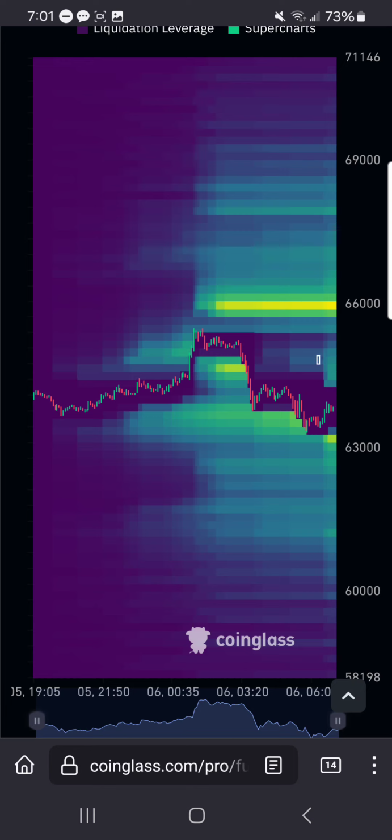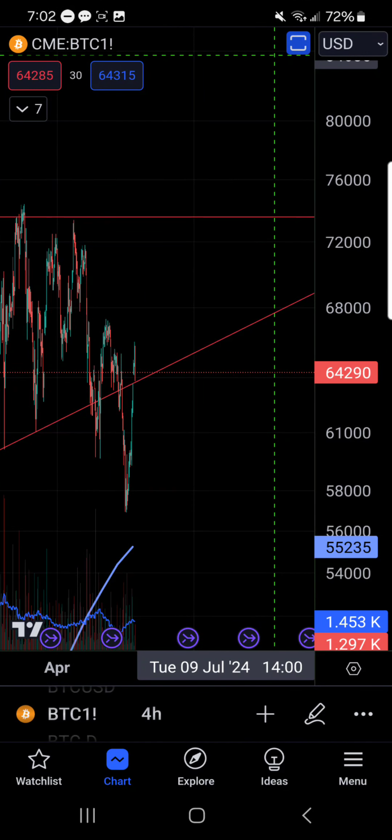But I do see a lot of yellow up here around 66,000. Now that's hanging out just above the mean band of the Gaussian channel. And I think it's very likely that we do start moving up this way, and could very well see a short squeeze that takes us up above the mean band of the daily Gaussian channel, and trading between the mean band and the top of the channel. And so let's switch over to that.